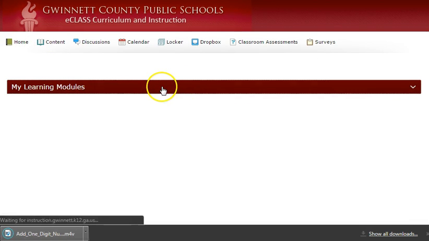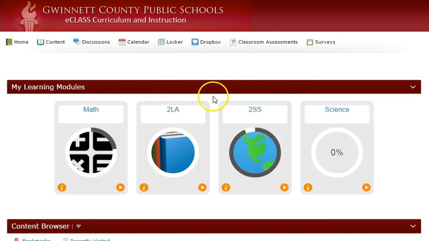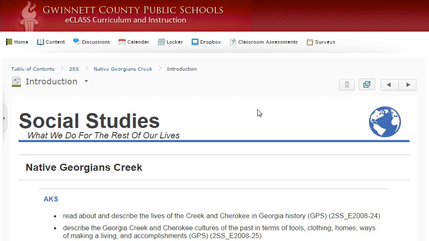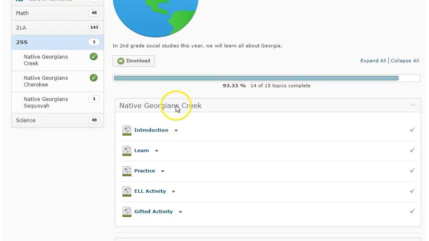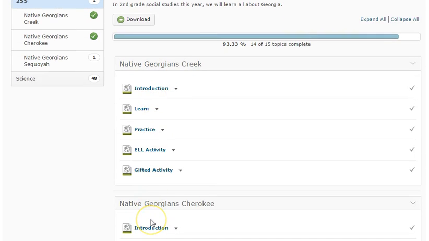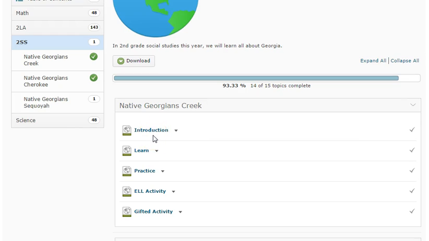Now let's click Home and find out what happens when you click on the heading of the tile. Click on the heading of the tile to see the first item inside that module that is available to students. This takes students to the very first item inside the module, and then they can use the arrows to navigate back and forth within the module, or they can use the breadcrumbs on the table of contents to choose what they would like to visit. Notice when I clicked on the heading, it took me to the Introduction file, which is inside the Native Georgians